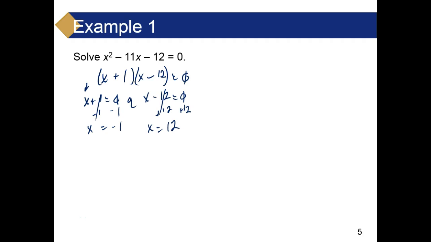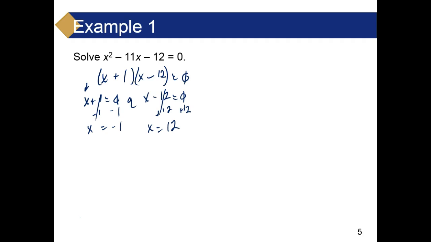Now, what I like to do is go back and make sure I've got it right. How you do that is plug it in. Negative 1 squared is positive 1. Negative 1 times negative 11 would be positive 11. So you have positive 1 plus 11, that's 12. Minus 12 is 0. All right, that's good. How about this one? 12 squared is